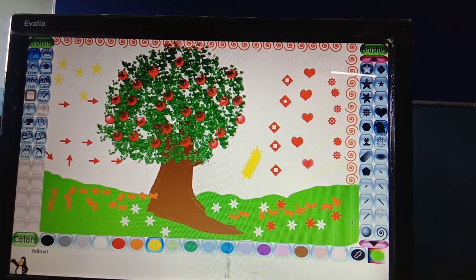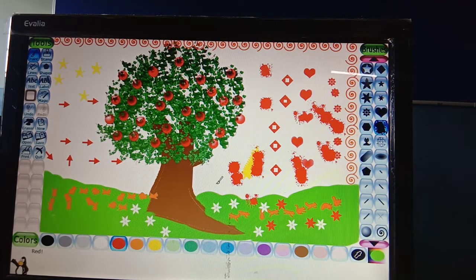This is your color splitting down. You can use this to show that color has fallen. You can use this. So these are all brushes of different shapes.